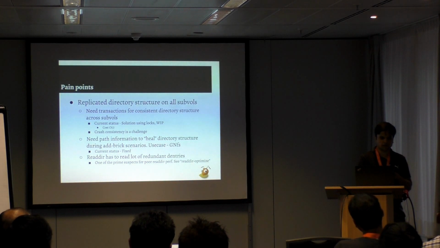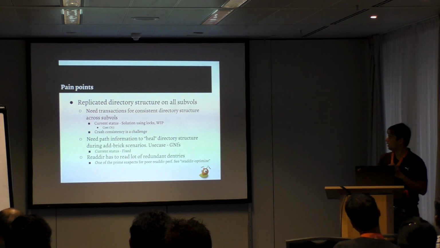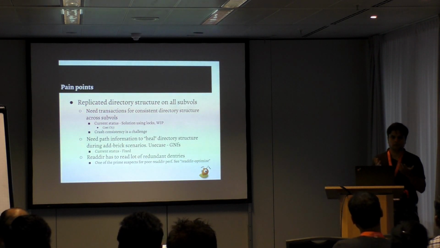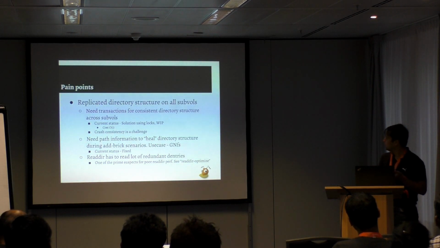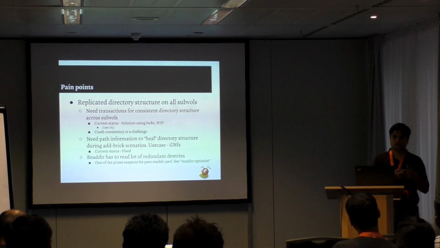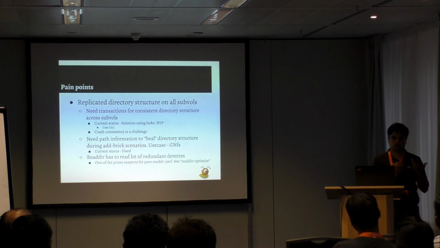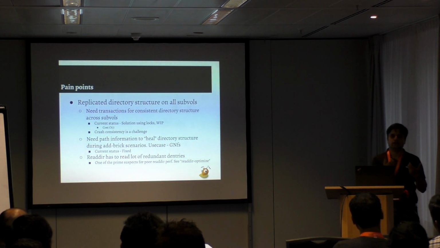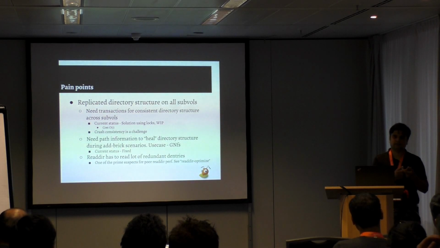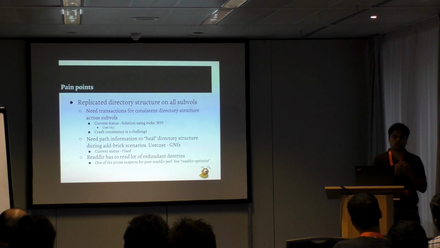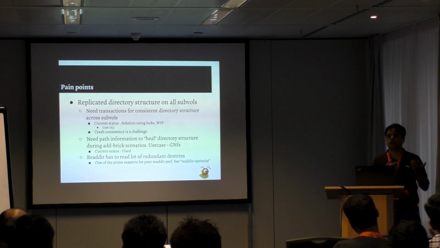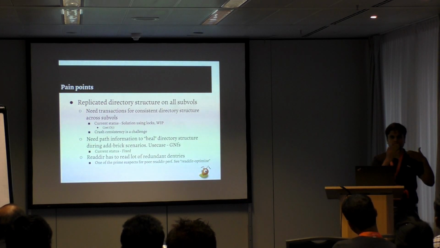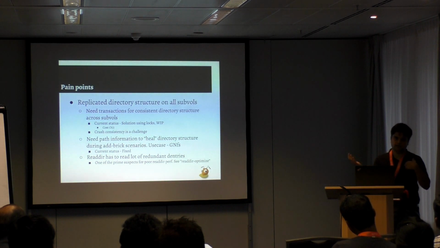When you say directory in DHT, we are concerned about two things: the directory structure and the layout, which says how the files are distributed across the subvolumes for this directory. The lack of atomicity resulted in the layouts going bad and the directory structure also going bad. That can mean two things. One is the internal GFID, which represents any file or directory object within the file system, should remain the same for the directory across all the subvolumes. If the GFIDs are different across subvolumes for the same path, we will not be able to map it as the same directory, and that can result in